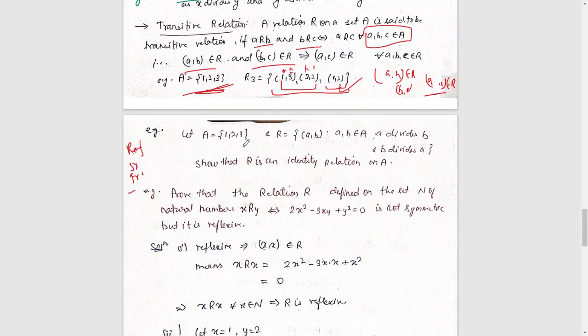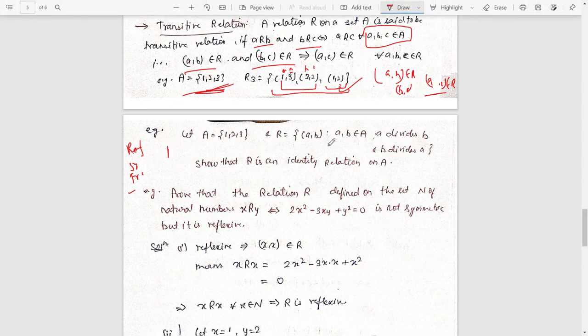Let's say A is equal to {1, 2, 3} and R is equal to (a, b), defined as a divides b and b divides a, so that R is an identity relation. Obviously, (a, b) belongs to A, and a divides b and b divides a. It means that it should only be true when both the elements are the same. So (2, 2), (3, 3). It does not mean (1, 3): obviously a divides b, but b does not divide a. So all elements will be the same, and that's why this is called an identity relation. Obviously this example is a simple example.